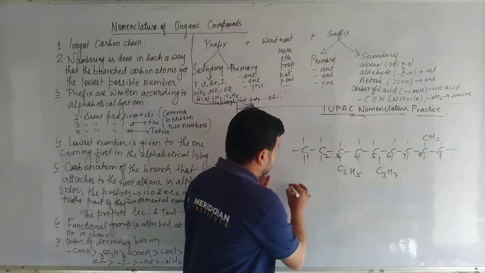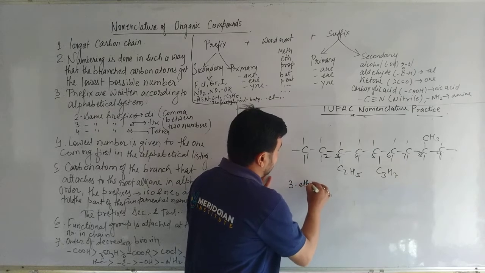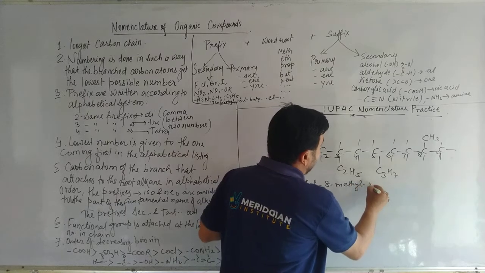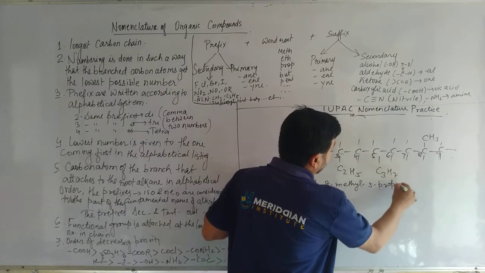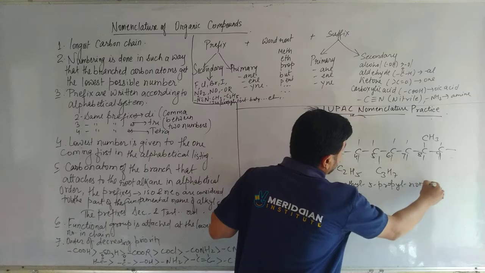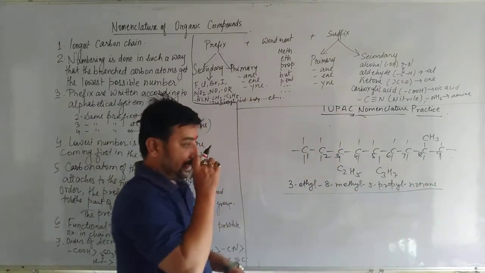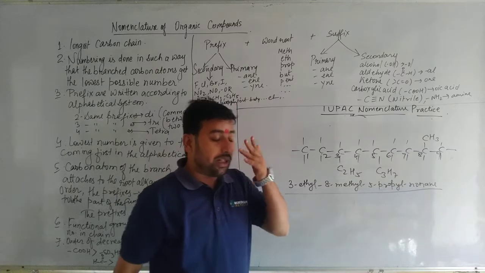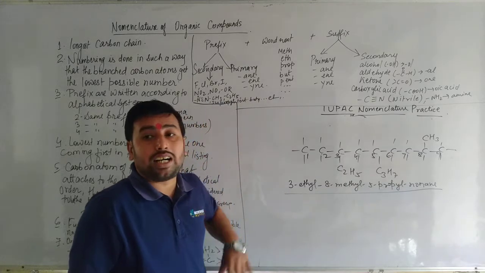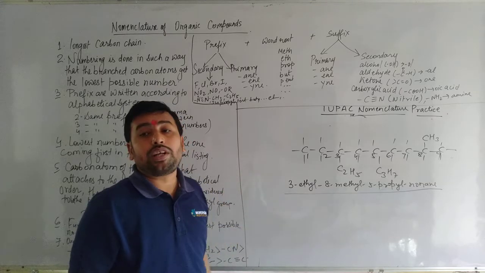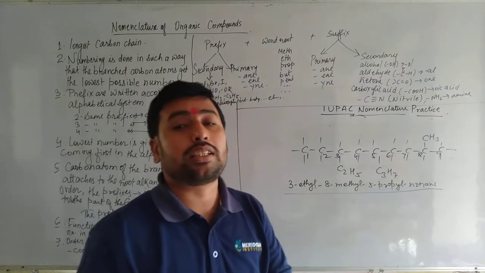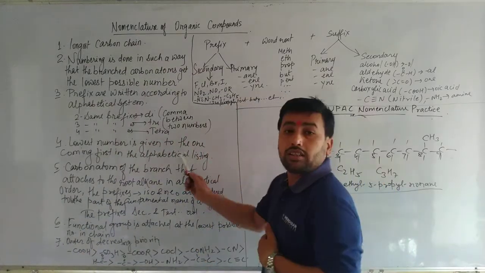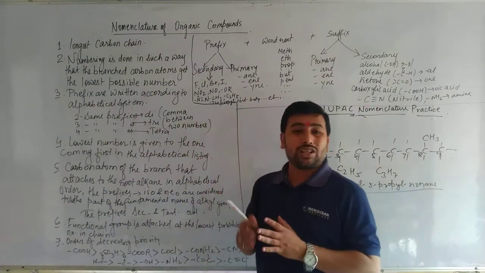So we will write the name of this compound as 3-ethyl-8-methyl-5-propylnonane. So this is the name of this compound, dear student. Whenever the alphabetical system comes, remember, don't forget to understand the alkyl prefixes. Whatever comes first in alphabetical order should get the nearest position. So dear student, this was our fourth point to write IUPAC nomenclature.